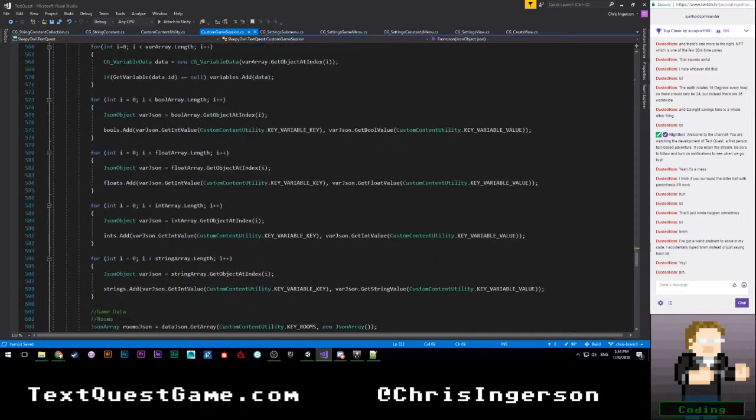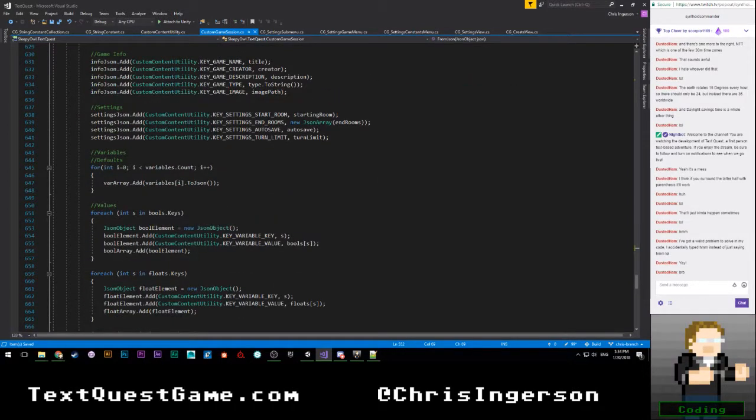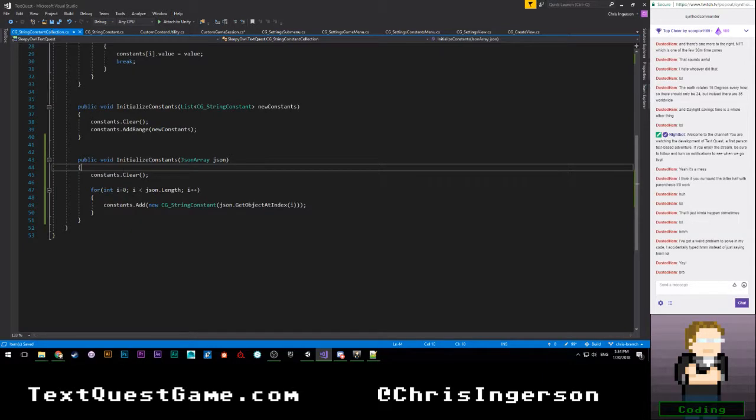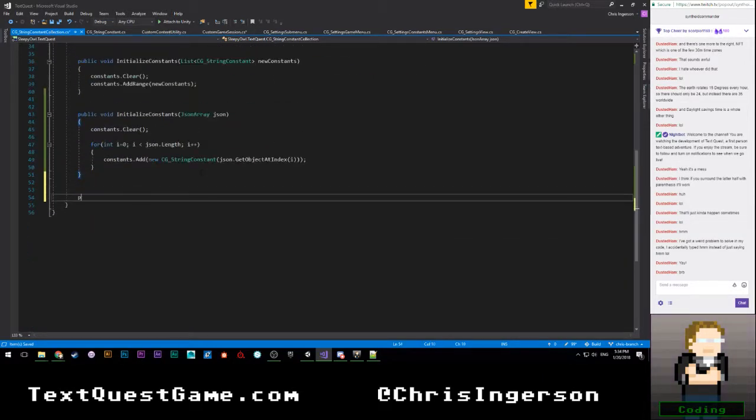The next thing we want to do is down here in to.json, we want to make sure that it gets saved out. So we need to say JSON array. Oh man, it would be super convenient if I just had that in my actual collection. So I'm going to do that there as well. So let's go ahead and say public JSON array to JSON.